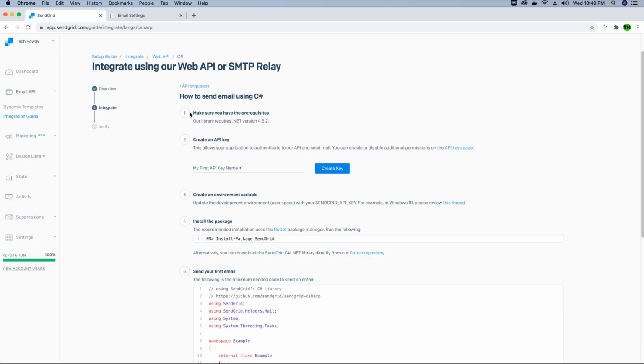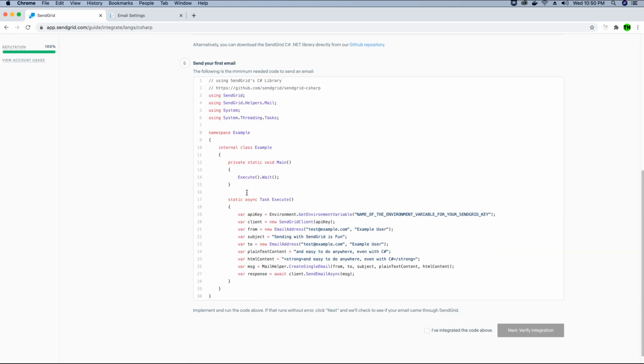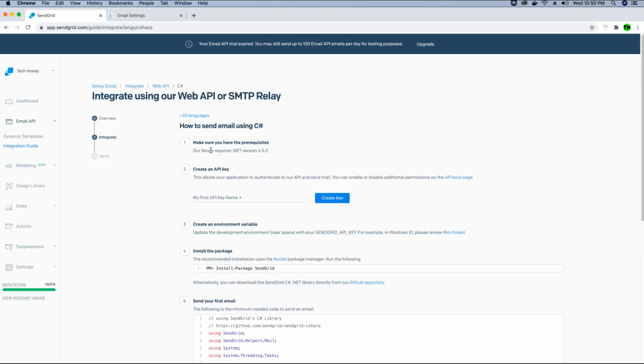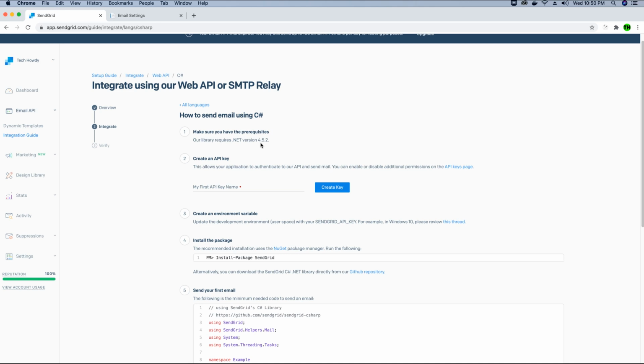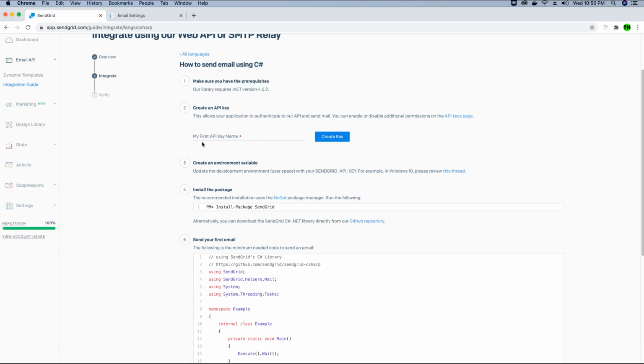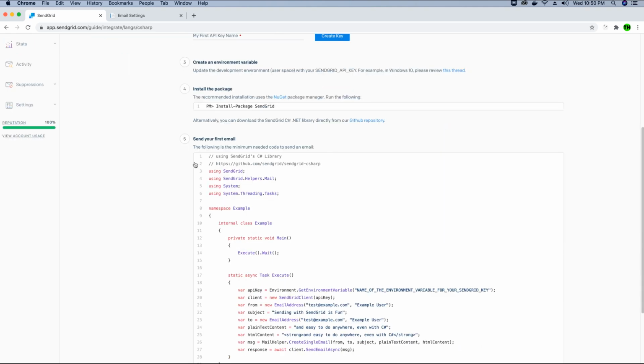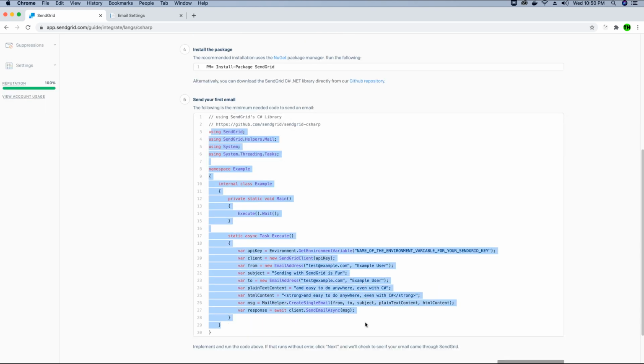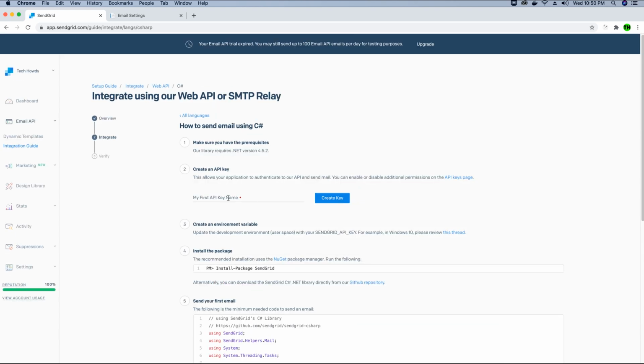Here you can see the process in which you can use the SendGrid service. Here are the steps provided by SendGrid. You can see that it requires the library. It requires us to install the library. We have already installed it. We have set up a service. It requires us to create an API key. And if we want to use the class, this is how we have to use it. So we will go ahead and create the API key that we want so that we can use it in